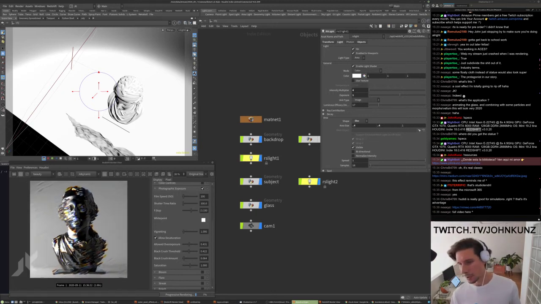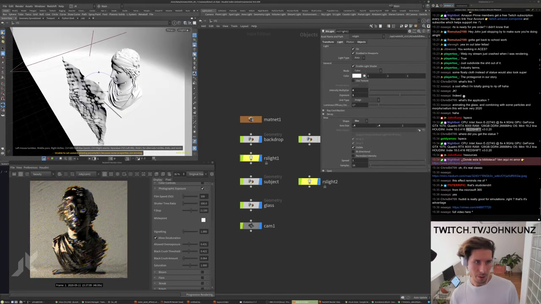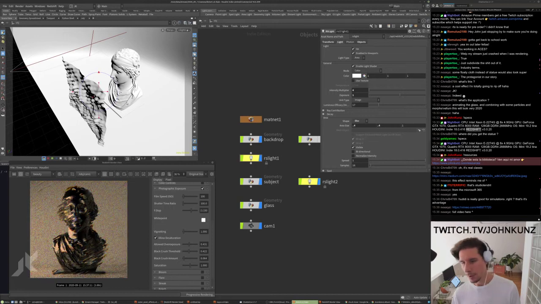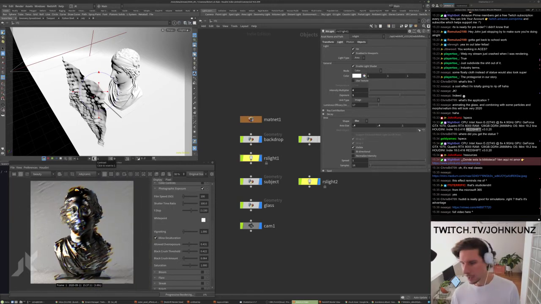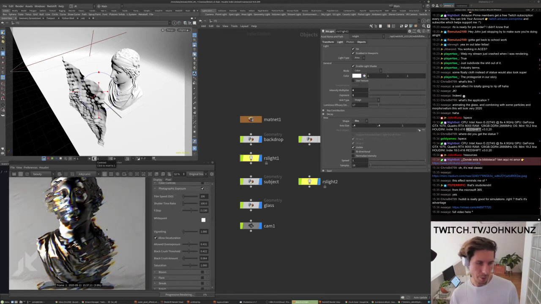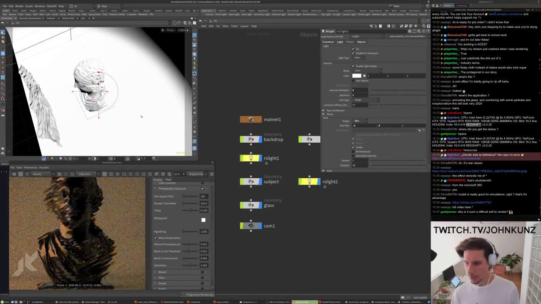People will make entire cities or buildings, assets for games like rocks and stuff in Houdini. It's called procedural, but basically there's an algorithm or techniques behind it, whether it's logic operators,